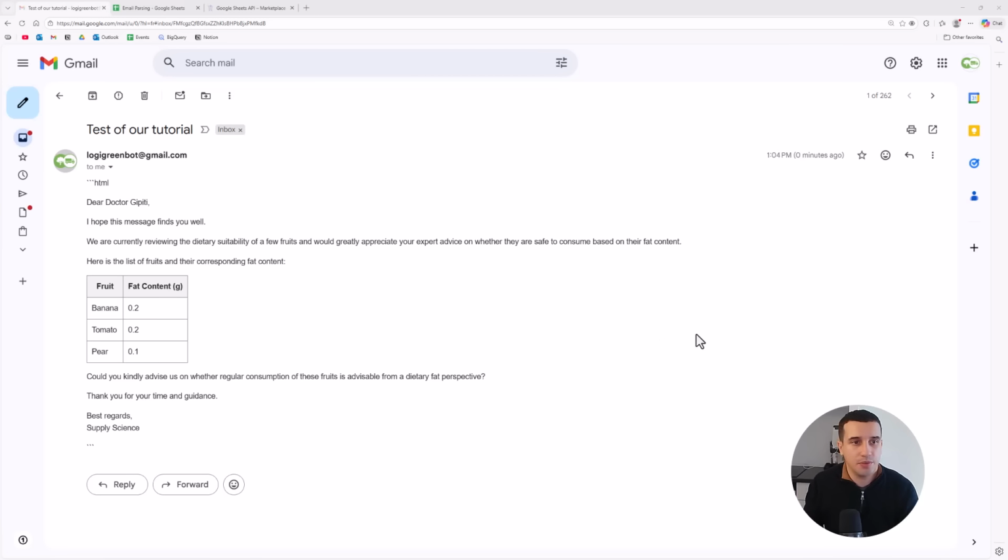So here we are with the final result. So we don't have the attribution. We have this additional HTML that we probably don't want, but it can be solved quite easily with some prompt engineering. And we have this beautiful table that we asked for. So if I come back to the